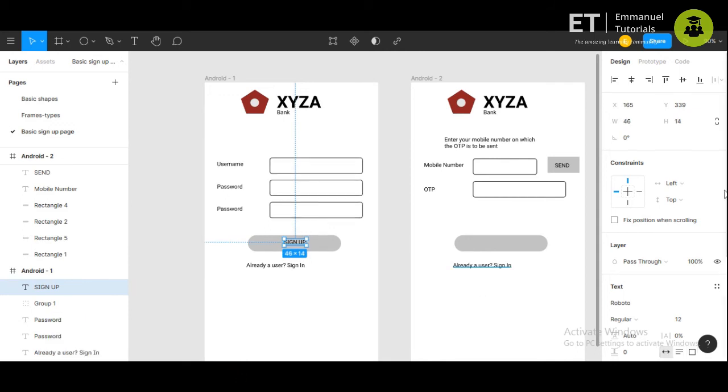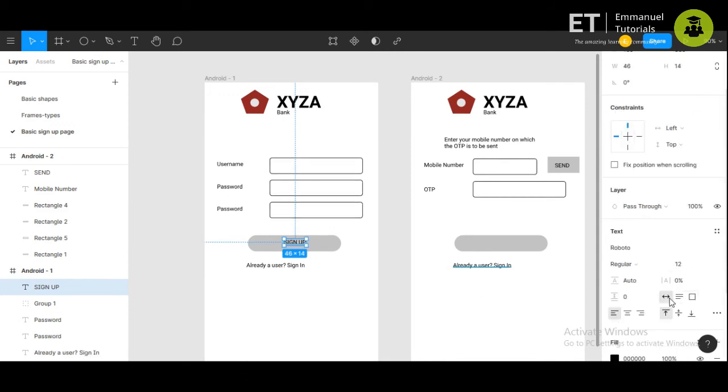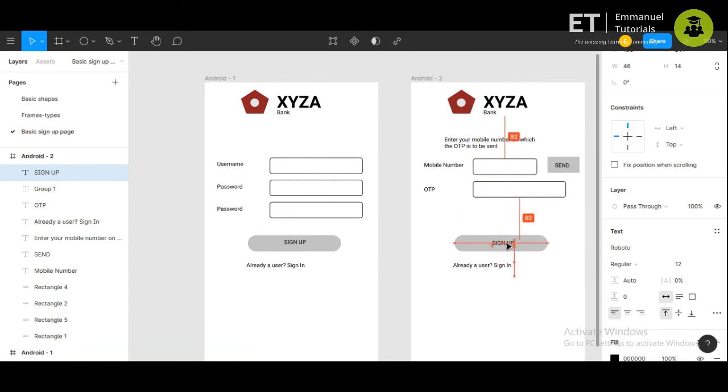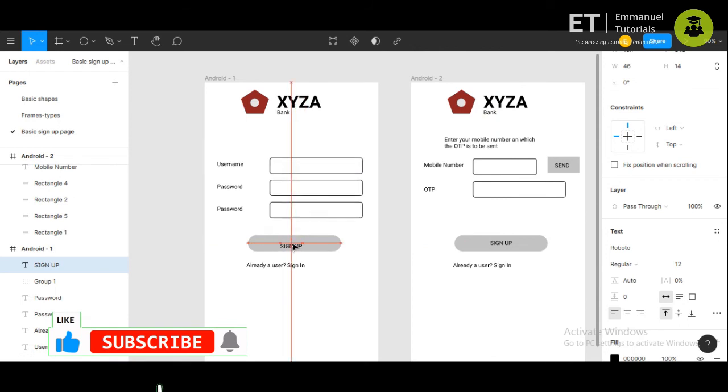Since we need to do this every time, if you click on this option here below the text, it will automatically scale according to your text or the number of letters which you are giving. So now let's try to increase the font size.